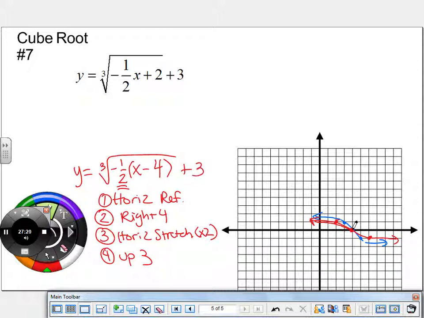And then the last thing we have to do is just move everything up 3. So there's my new vertex point. There was the point above and the point below when we were finished with the transformations. So then I have this function here. Okay. And you guys said the vertex point would end up at 4, 3. So if I'm checking my work before I move on to the next problem, I can see my vertex point appears to be at 4, 3, so I feel like I did it right. Seems to be facing the right direction with the reflection. Things seem to be in the right place. It looks like I horizontally stretched it. So everything seems to match with what I thought about the function. Okay? Any questions about this? No? Okay. All right, so we fixed